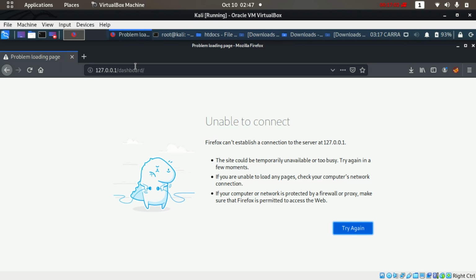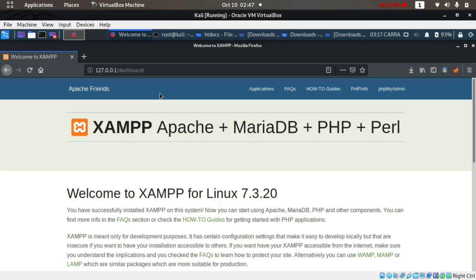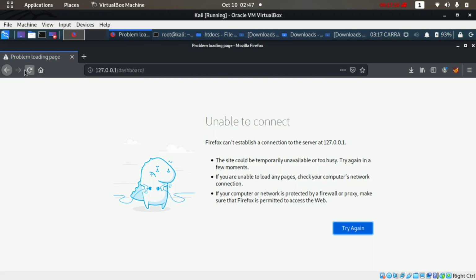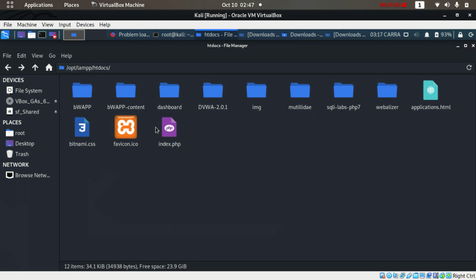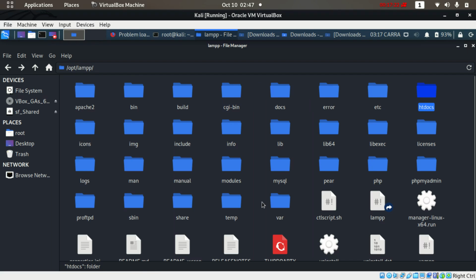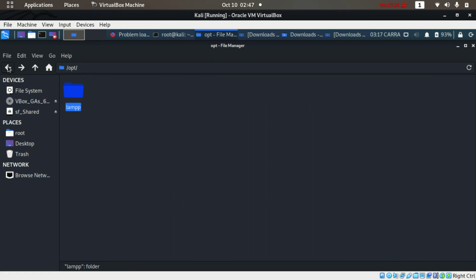Okay, here XAMPP is working. Actually, it's not working because we haven't started XAMPP. Now we have to go to this part, XAMPP, and we have to open manager-linux-x64.run. For that we will